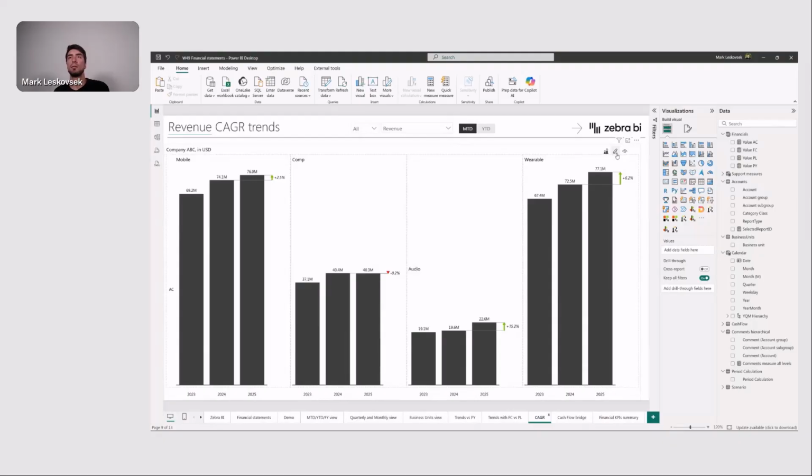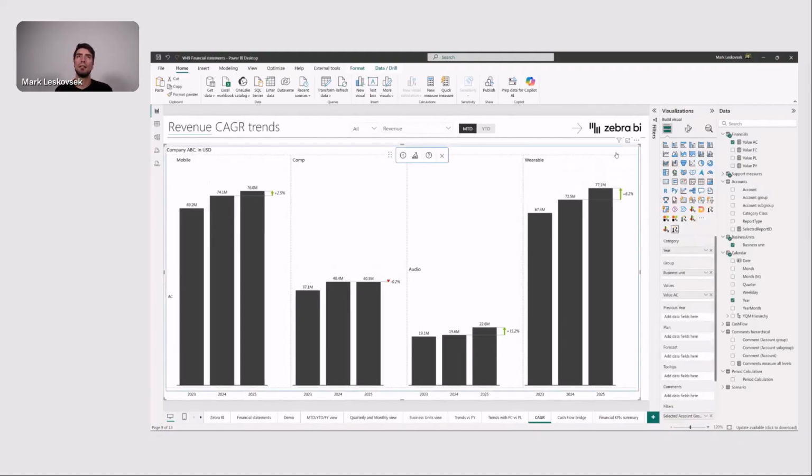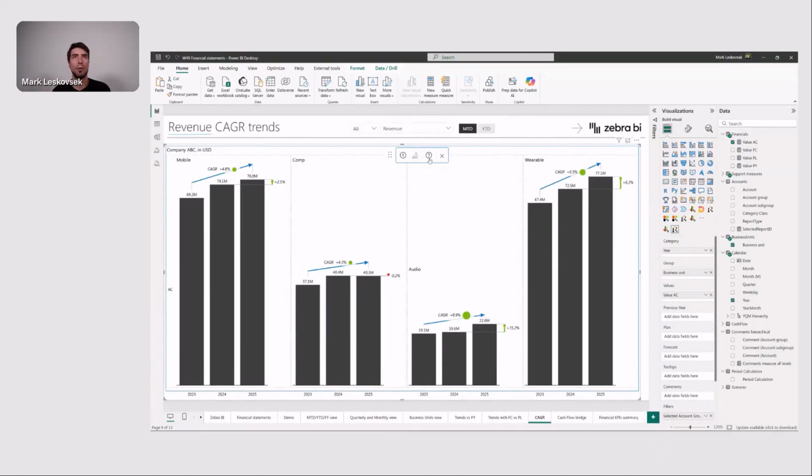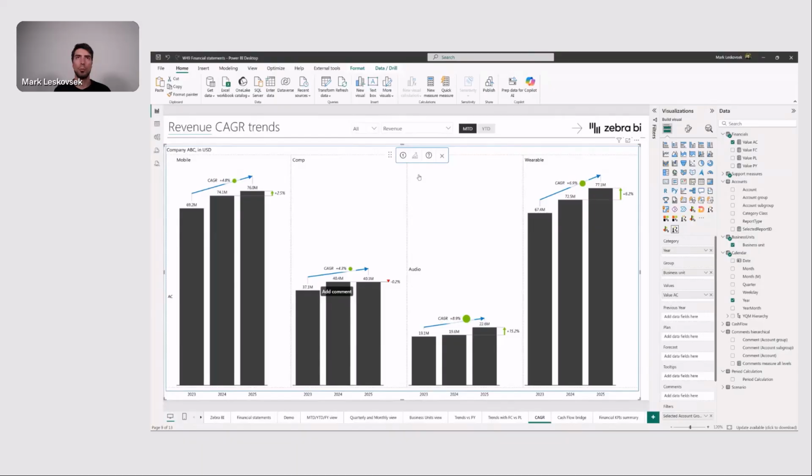So in this case, we can use something called the annotation layer, and this can be used to bring in compound annual growth lines. You just go to this add annotation section and you add those compound annual growth rates for all the business units simultaneously. So you can see and communicate